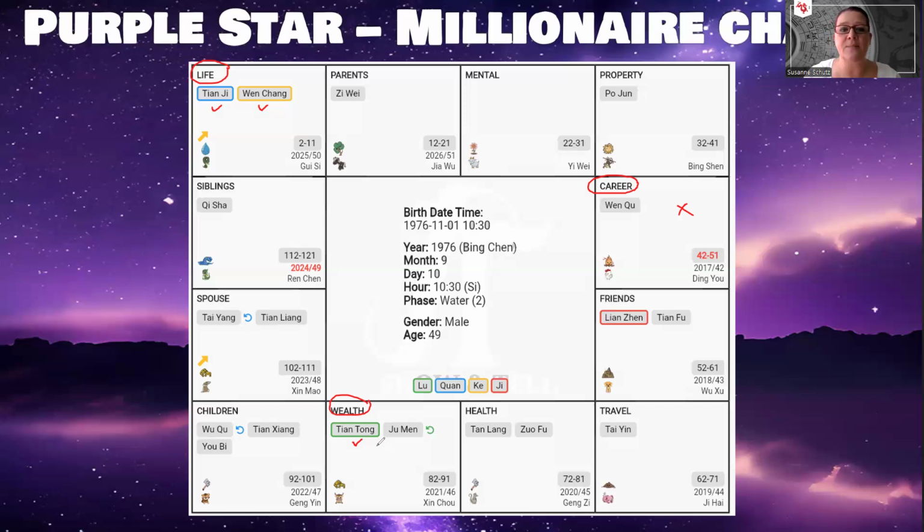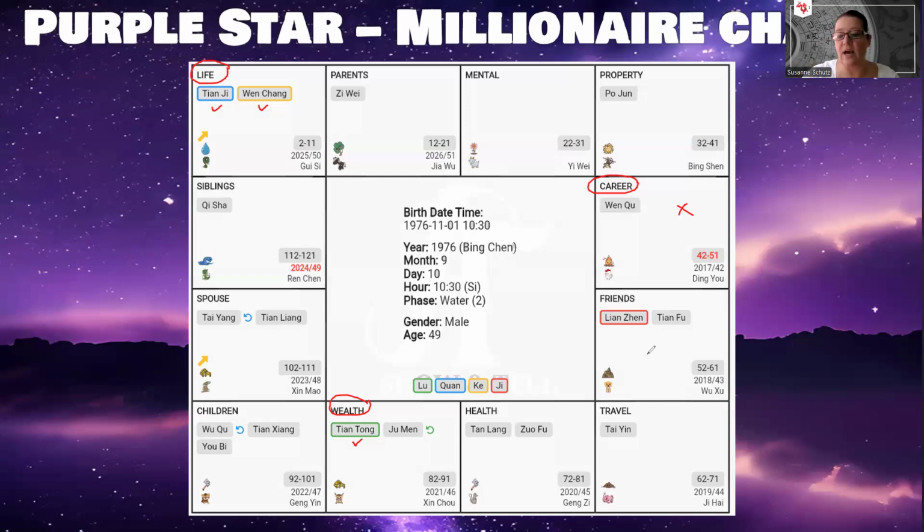If there's anything red in these three palaces, then the formation is invalid. Then it's no longer a three precious formation. So for example, here in the Friends Palace, you have a box that is encased in red, right? If this was found in the life, career, or wealth palace together with the others, then that would be an invalid formation. So this would no longer count as a three precious. This would no longer count as a millionaire chart. So absolutely nothing red, no red box, no red arrow, no red circular arrow, nothing like that.